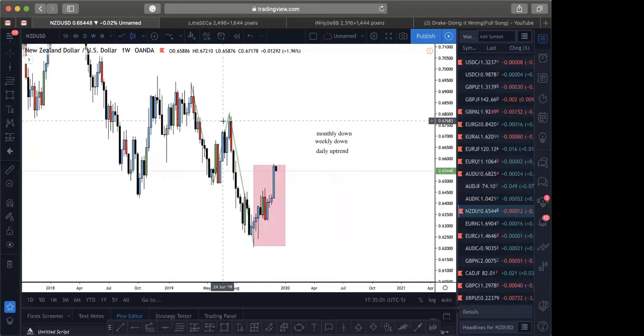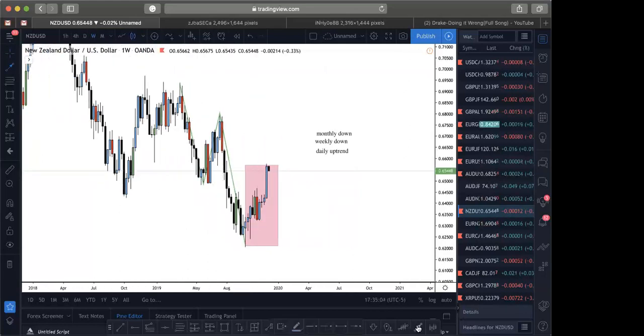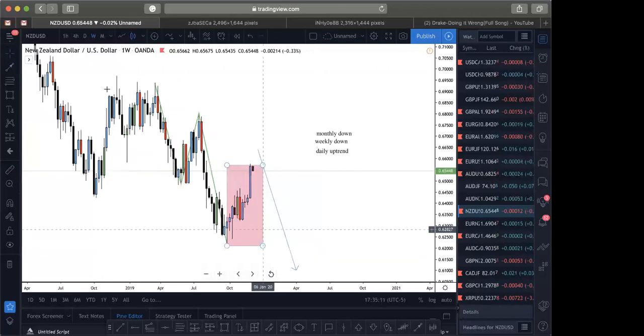According to the rules, what would we expect? We would expect the market to continue down to make its lower low because it's trending down on the higher time frame, right? So having this information that we've gathered from multiple time frame analysis, we can now look and observe on the daily time frame and wait for a reversal signal for us to enter this trade long term to the downside,